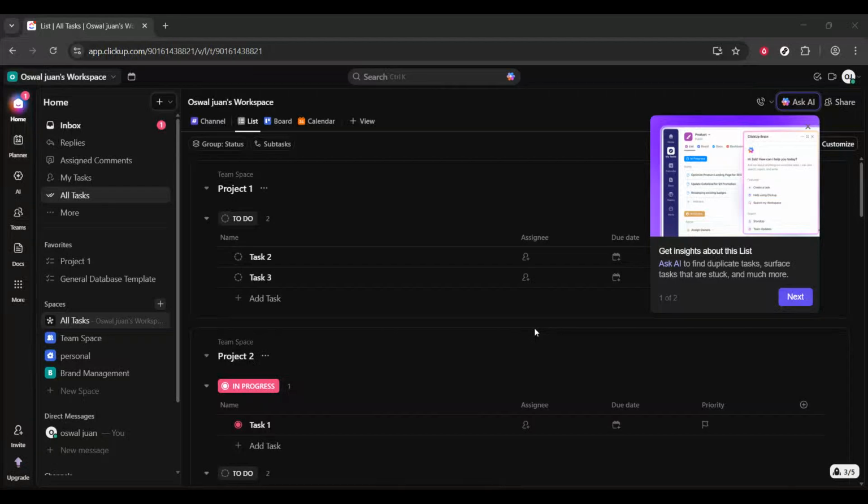In today's video, I'm going to show you how to fix the ClickUp internal server error step by step, using a few simple troubleshooting methods that anyone can do. This error can be frustrating because it usually appears suddenly, even when everything was working fine before. The good news is that in most cases, this is not a problem on your end and can be resolved